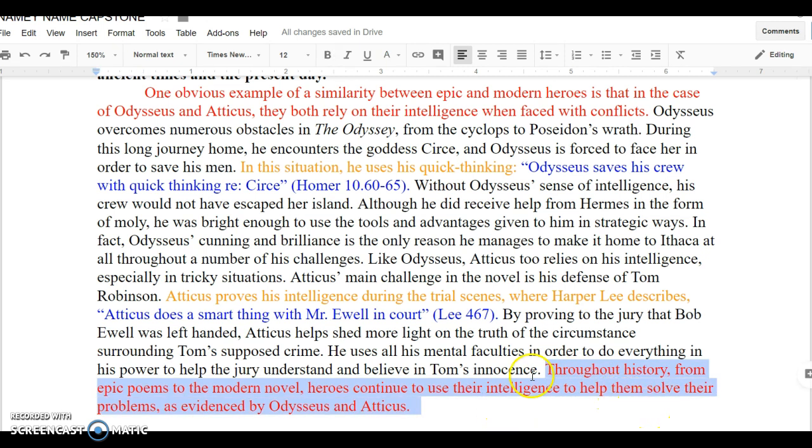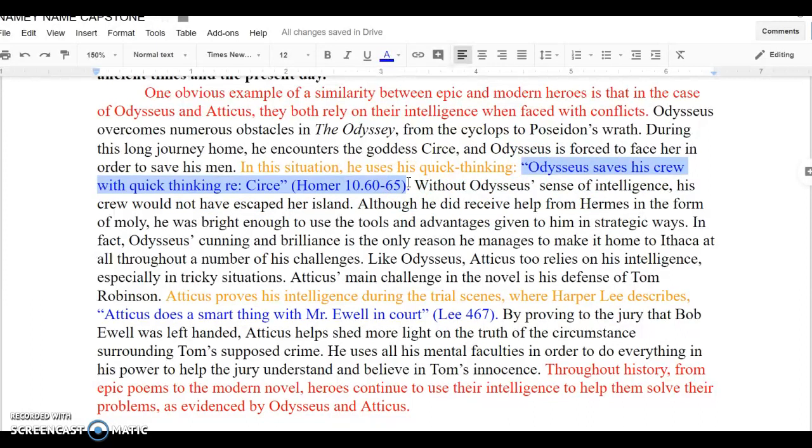So I can check and say, okay, am I talking about the trait? And I'm talking about how they have stayed the same, because that is my thesis, and you want to connect everything back to your thesis. So continuing, that's about staying the same, and then I have my trait. So that's good. The next thing I'm going to have you do is turn your quotations and your citations blue,